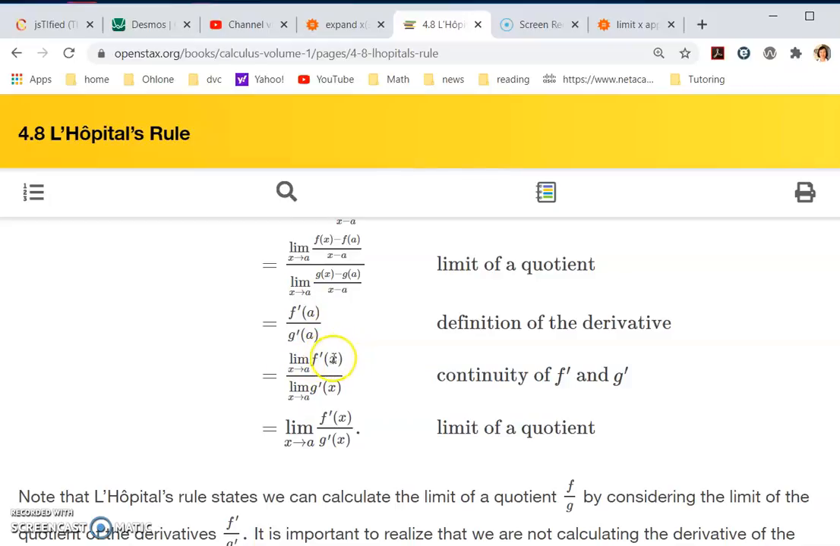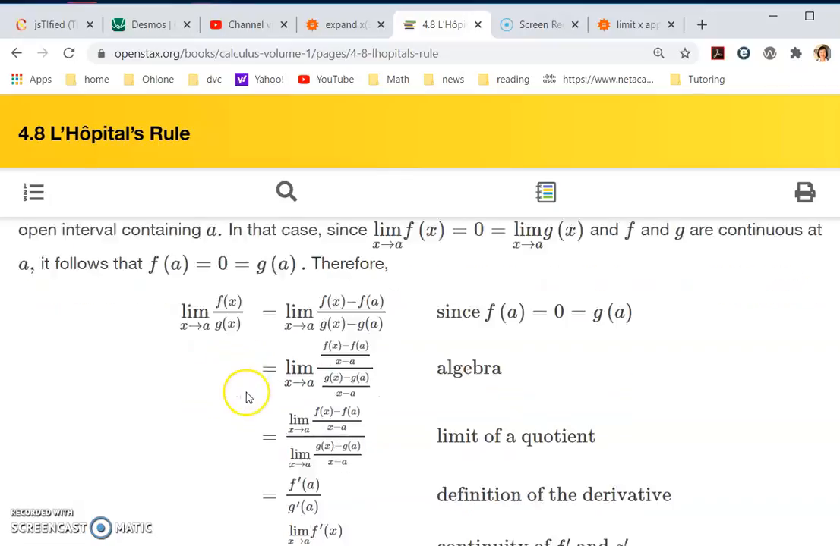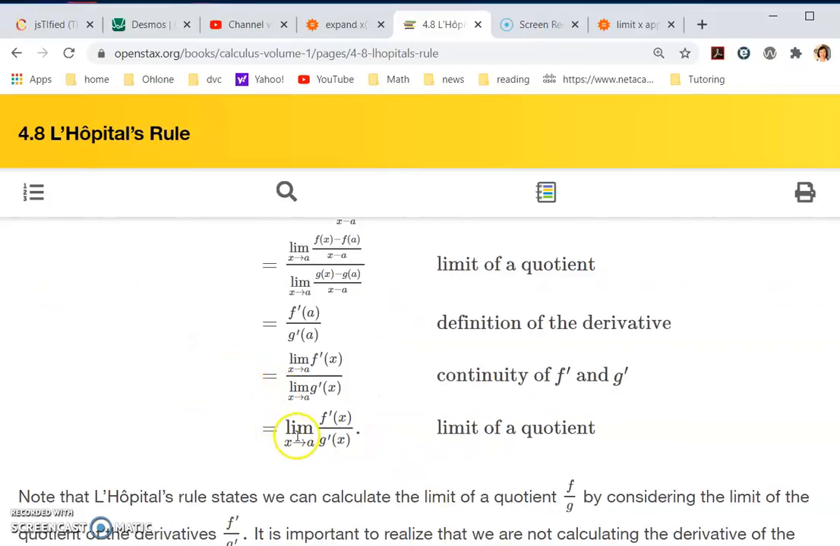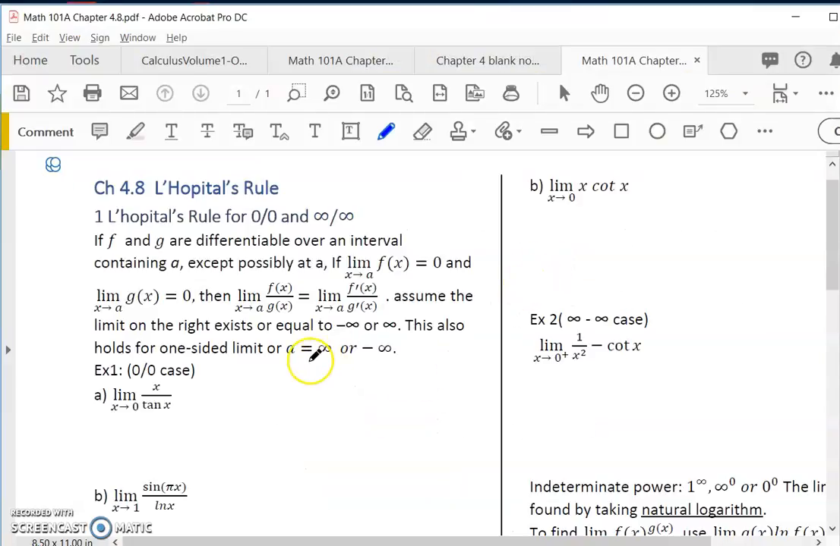I don't know if you still remember the continuity definition. So you start off with the limit as x approaches a of f of x over g of x, and you end up with the limit as x approaches a of f prime of x over g prime of x. They actually reach the same limit. Okay, so this is the proof. But to use it, you have to make sure that you have a 0 over 0 case,